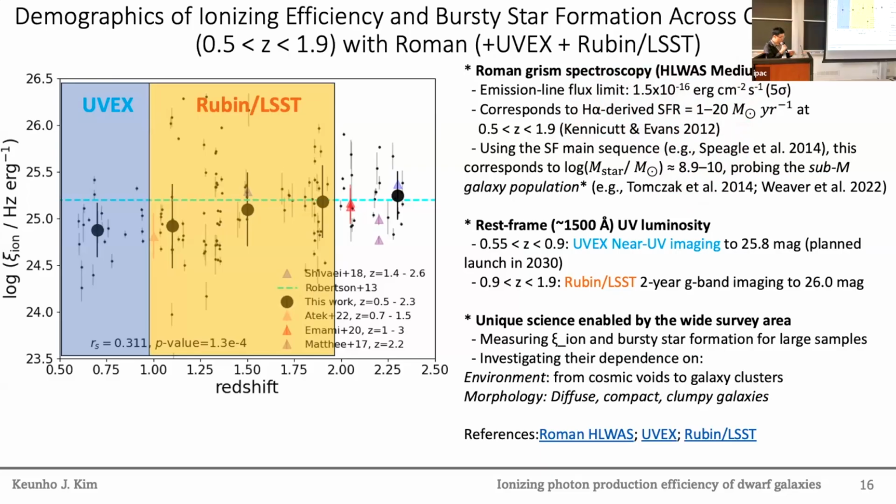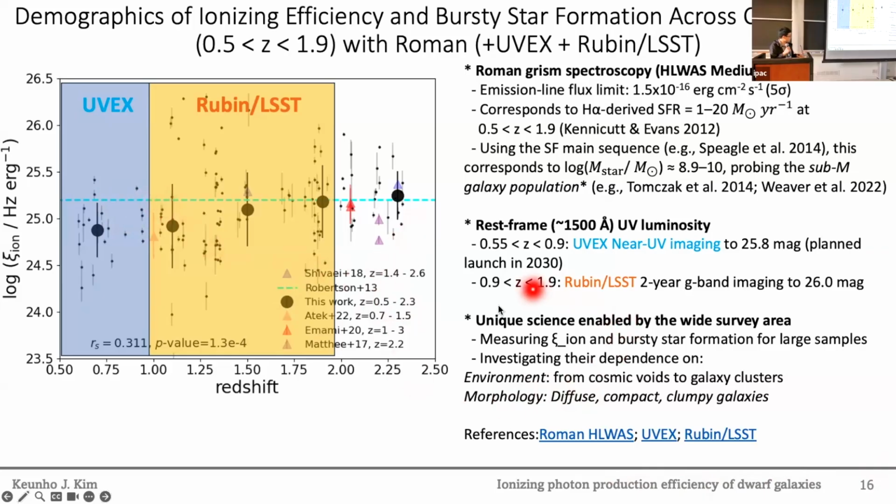And by combining with upcoming UV imaging surveys such as UVEX and the ongoing Rubin LSST, the combination of these two will enable us to measure ξion in a large sample of galaxies. And the unique science case with this wide survey area would be to investigate the previously unexplored dependence of ξion on galaxy environment, whether cosmic voids, low-density region galaxies would show enhanced ξion or not. And another key point, by leveraging the sharp spatial resolution of Roman, is to do the morphology analysis and its dependence on ξion,